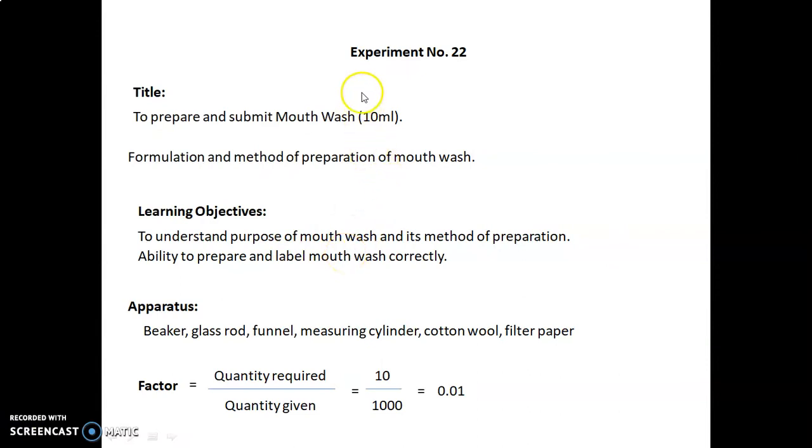So now let's discuss experiment number 22. The title of today's experiment is to prepare and submit mouthwash 10 ml. We are going to study the formulation and method of preparation of mouthwash in this experiment. Learning objectives are to understand the purpose of mouthwash and its method of preparation, and the ability to prepare and label